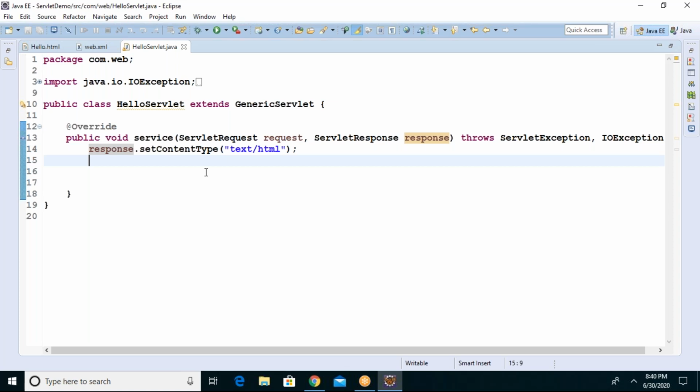System.out.println will display output on the console, whereas if you want to write HTML code, you need a separate writer for it. So I'm going to create the writer with the response object only.